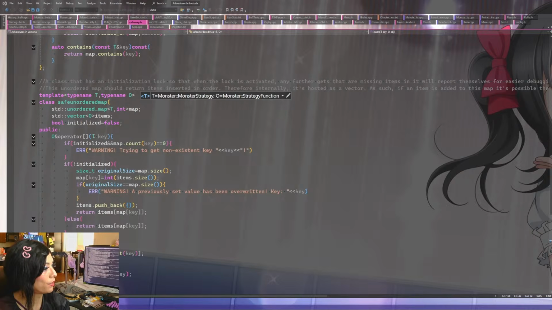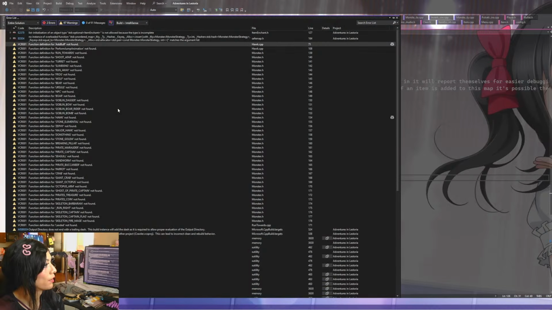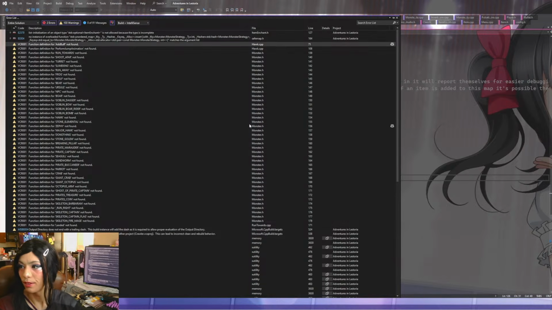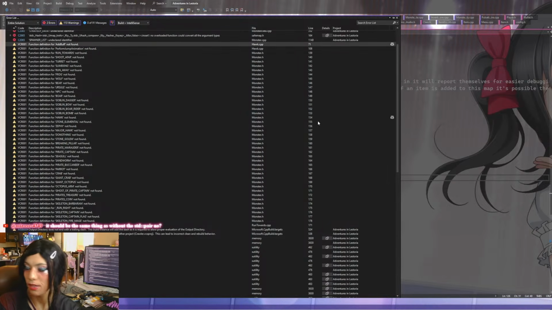Strategy function. T would be monster strategy here. Does that fix it? Looks like so far so good. Should be the same thing as without the standard pair.